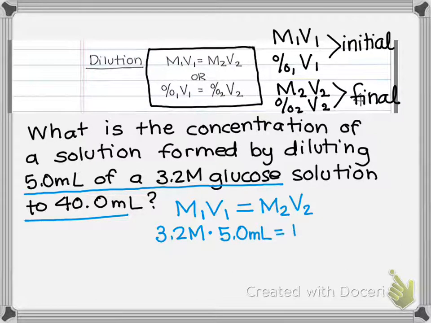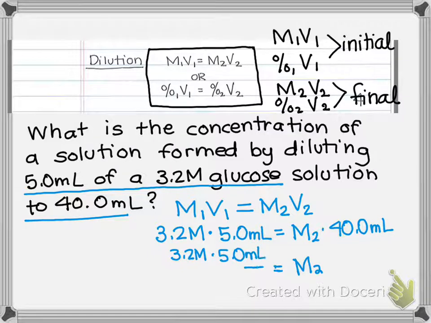Now solvent was added, and we're going to get a new concentration. And we added solvent, assuming it was water. We could add water until the new solution has 40 milliliters. So the concentration of my new solution is 3.2 molar times 5 milliliters divided by the 40 milliliters of my new solution. Milliliters cancel, and so mathematically we say 3.2 times 5